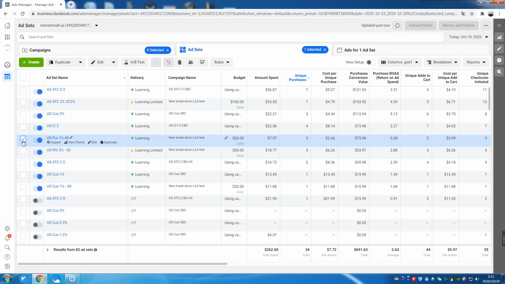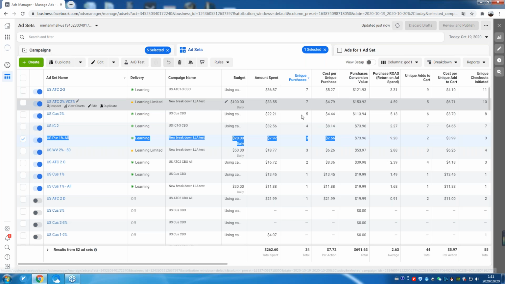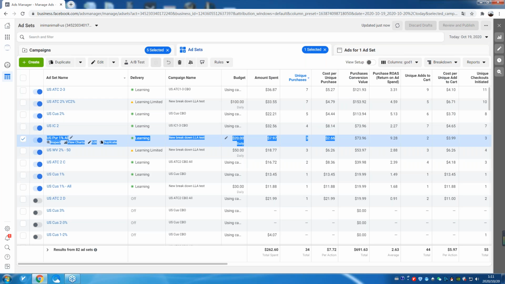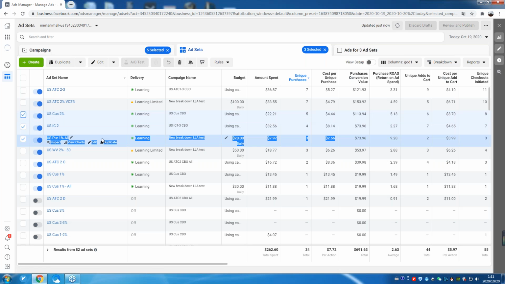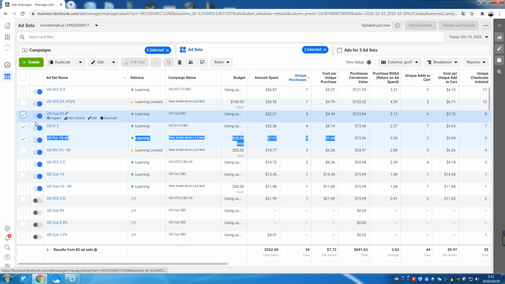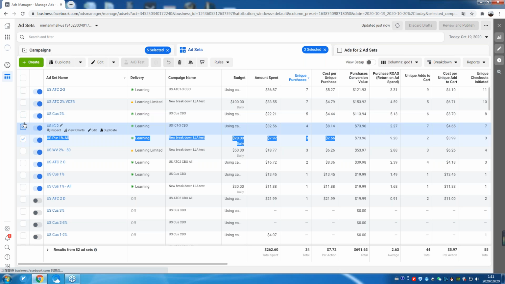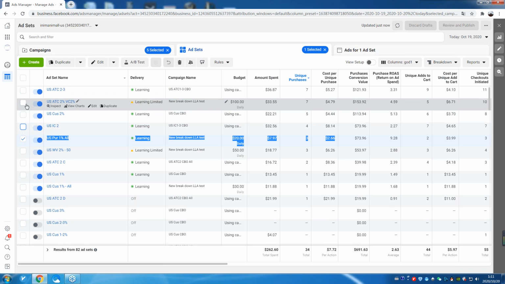Okay, so I choose, for example, the purchase here and turn it to 3%, and what else? You would then do, say, the initiate checkout, or better yet, you could do the custom and the add to cart, since those costs are closer to each other, and then make those both 3% and add them together.